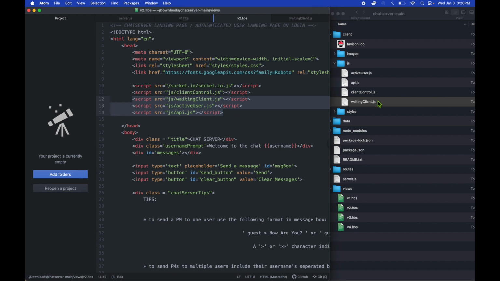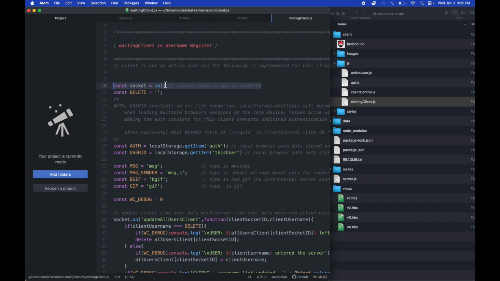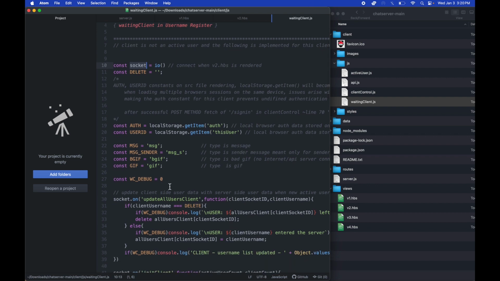Waiting client is most important because inside waiting client, SocketIO is connected. A client has a unique socket ID rendered for them, and all communication, live action between clients happens with the SocketIO framework